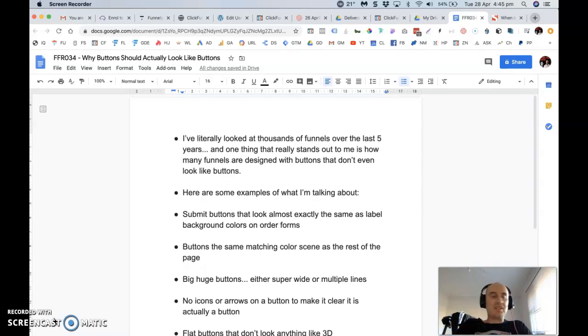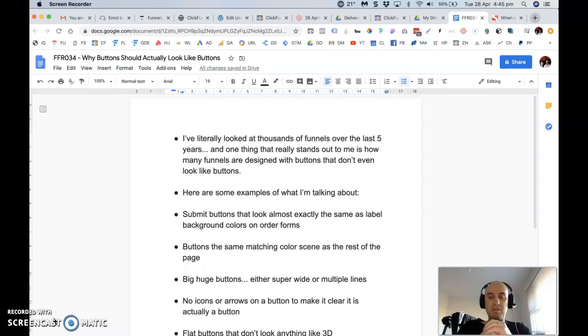I know that these days it's quite common actually for some buttons to be the full length of the page, but in my opinion, it doesn't look like a button, particularly if it doesn't have rounded corners, and if it doesn't have a proper call to action on it, and if it doesn't have an icon on it as well. If you've got a super